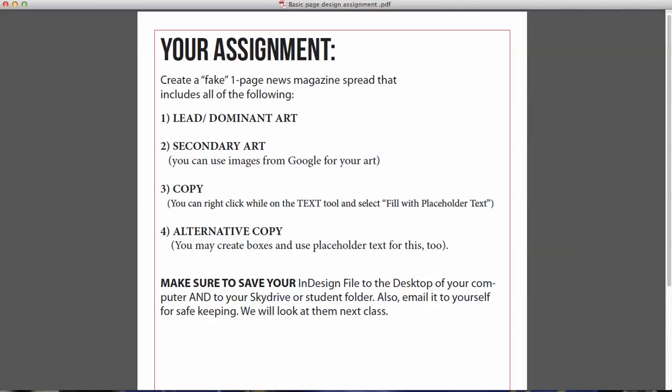Copy. You won't actually need to write it, but I'll show you how you can fill it in with placeholder text. You'll just show us where you want it to go. And alternative copy. So you can create some boxes and say, well, this is where I'm going